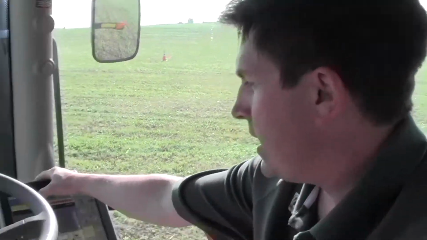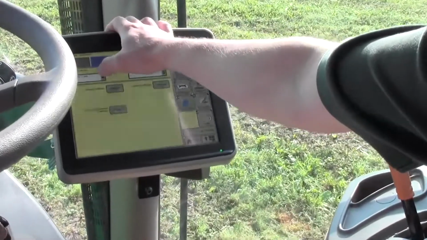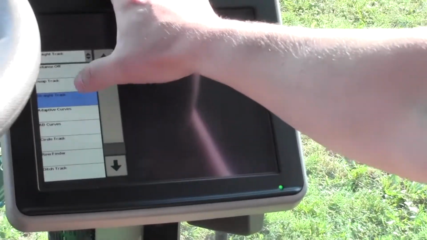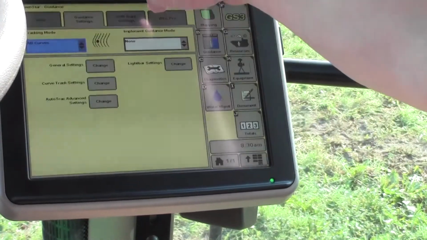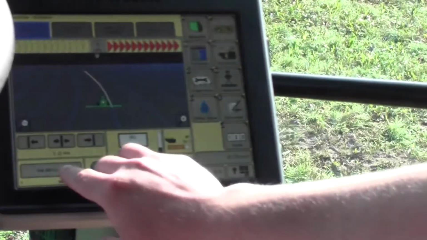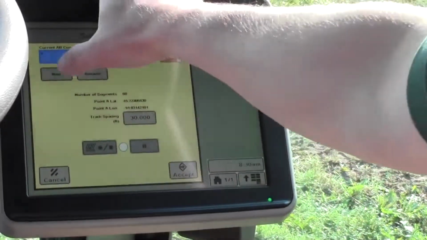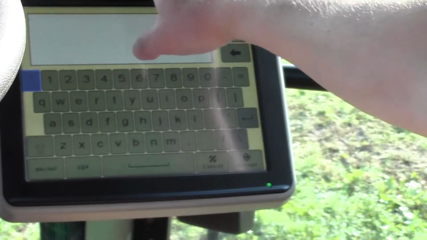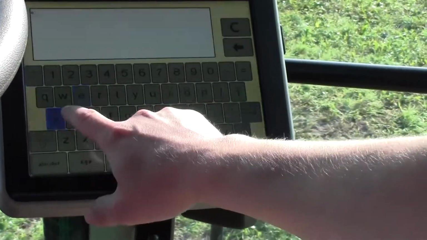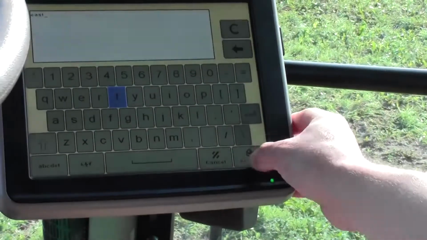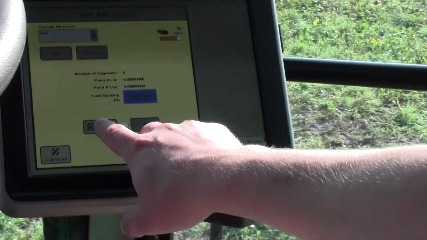Now we're going to go through curve Trac, where we set an AB curve up, and you can follow a contour field. We go into guidance settings and switch our tracking mode from straight Trac to AB curves. Again, we have to give it a new name for each curve that we are doing. We can call this one east since we're headed east. We start recording